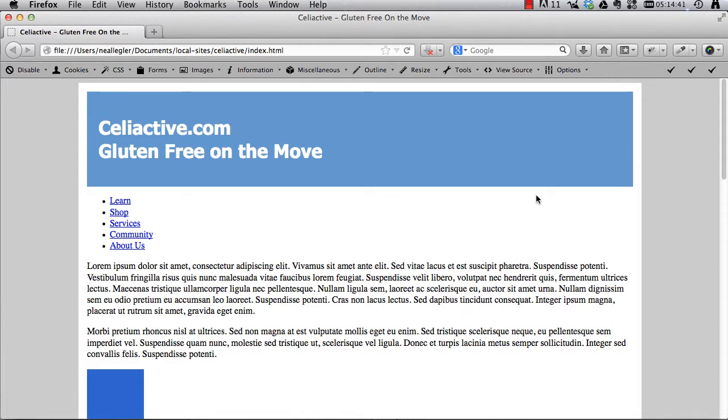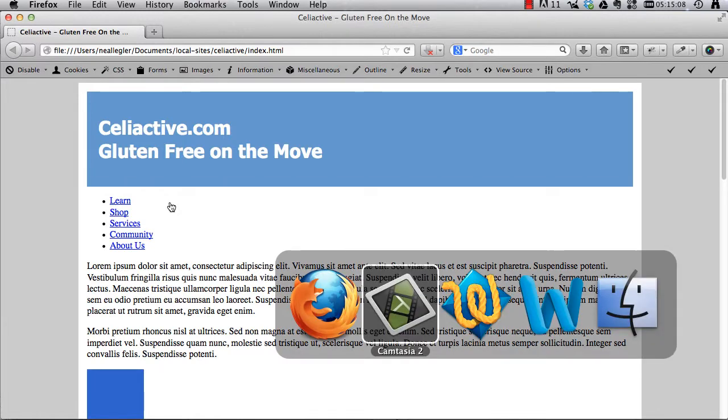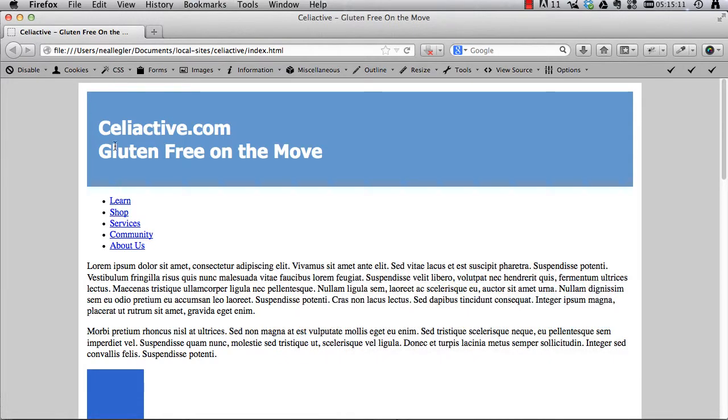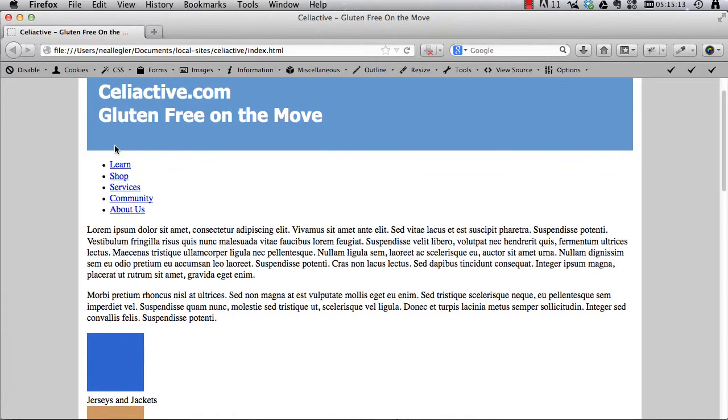New web developers can often struggle with the concept of divs and other structural elements like the header element, the nav element, the footer element, and trying to make sense of exactly what those do. And then you throw in another element called the span element, and it can get extra confusing because the span element is different in some ways than the div, header, nav, and footer elements. So let's talk a little bit about what those are, and we're looking at my example site here, celiactive.com, which